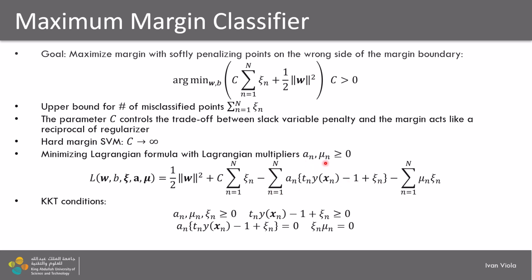So this is the constraint, and then we have another constraint which characterizes these slack variables, where